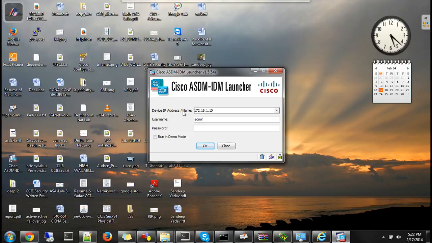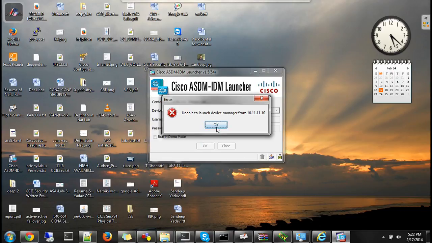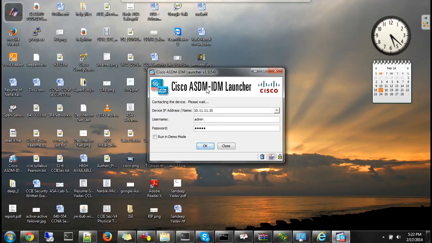Okay, give the IP address of your firewall which is 10.11.11.10. Give your username which is admin and password is Cisco. Click OK. Device manager.